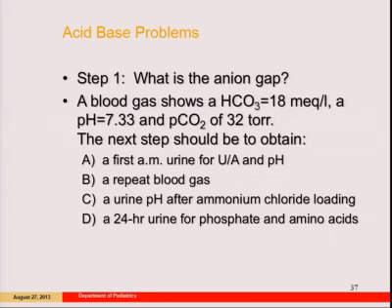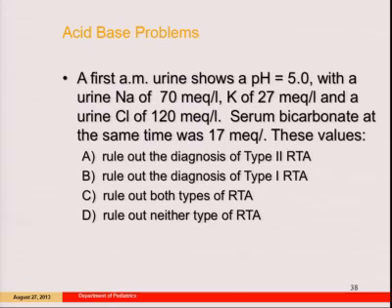Good. A first morning urine is what I'm interested in as a nephrologist, which is, can she acidify her urine? And yes, ammonium chloride would do that. But if she can demonstrate that she acidifies her urine on a first morning urinalysis, which is likely to be the most acid urine of the day, I don't need to do any loading. A first AM urine showed a pH of 5.